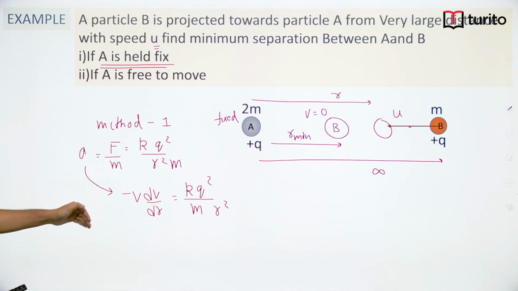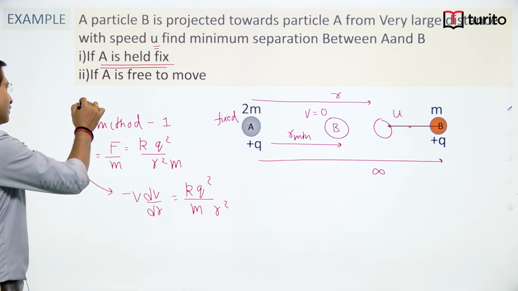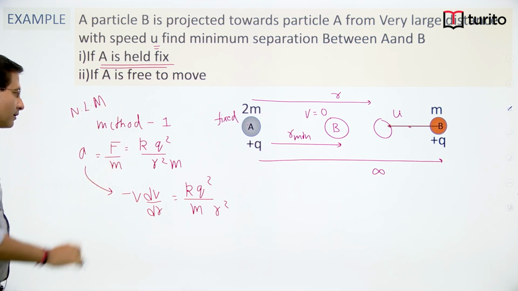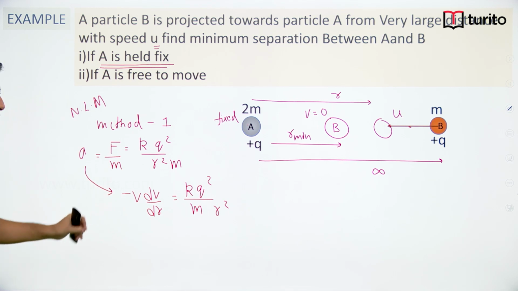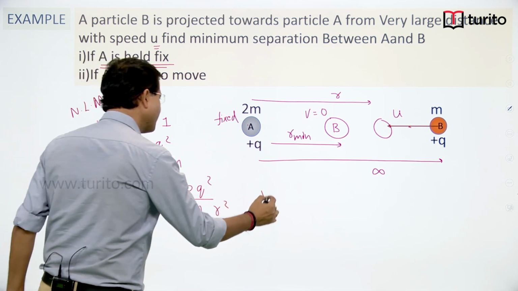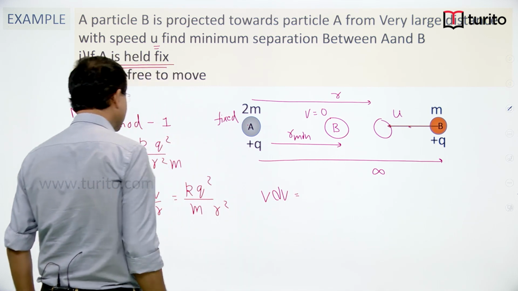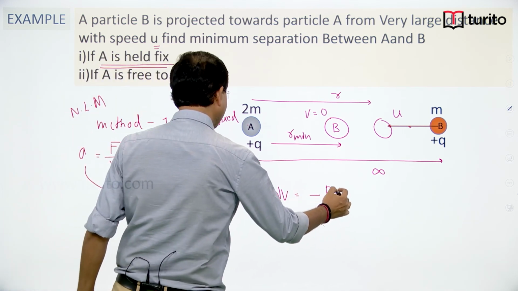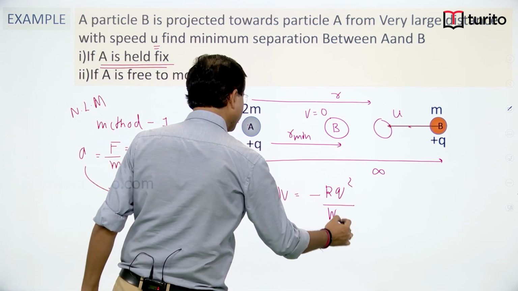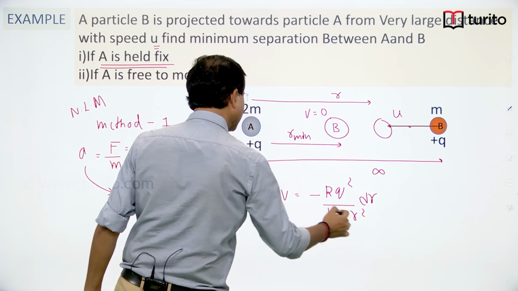So, I am using Newton's law in method 1, right. Now, you can see that you can easily simplify this one, dv is equal to minus K Q square divided by m r square dr, integration